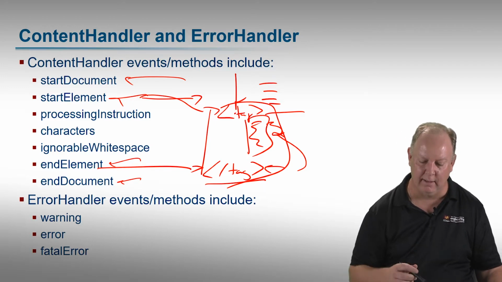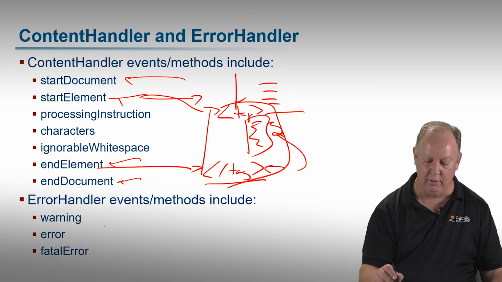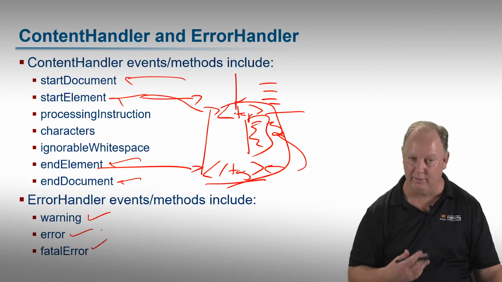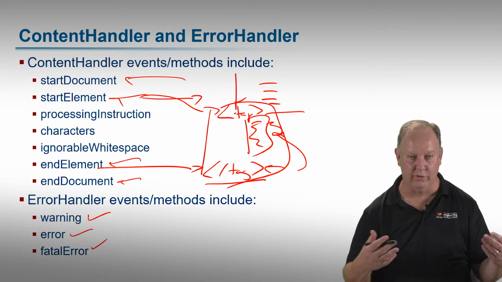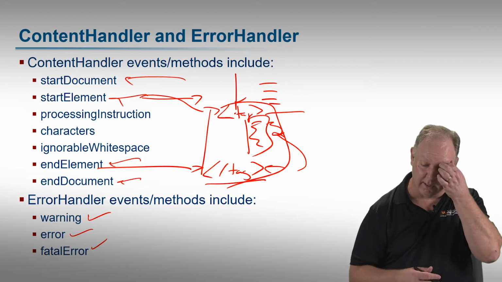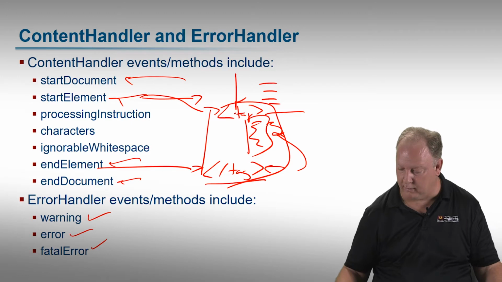So that's a content handler. The error handler, I said, is the other one that you commonly implement for good, robust parsing. You'd be notified if there's a warning, an error, or a fatal error. There are warnings and errors, but then there are fatal errors, meaning the parsing is going to stop. And of course, you would want to know that. Sometimes you may discard warnings. Other errors you certainly want to handle. But the error handling callback, you would want to deal with.